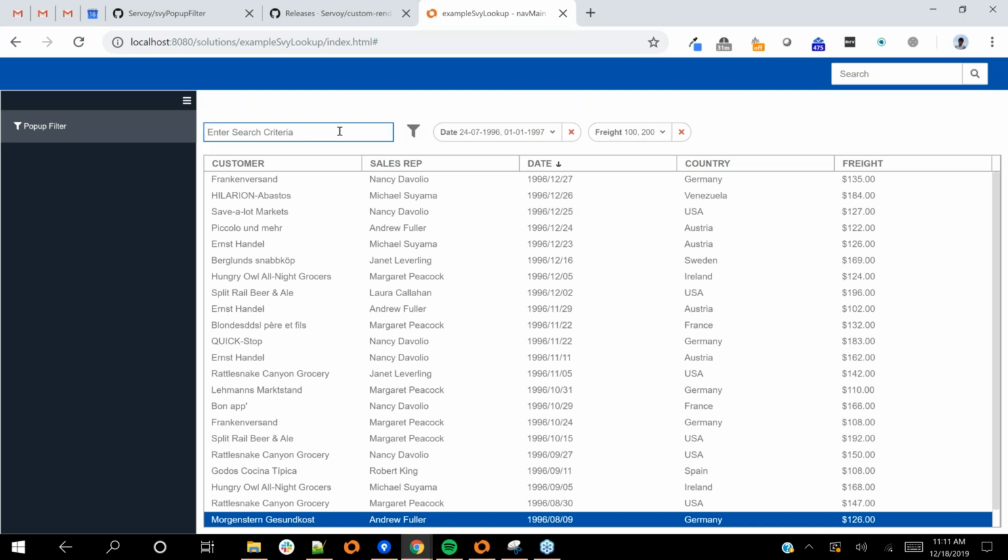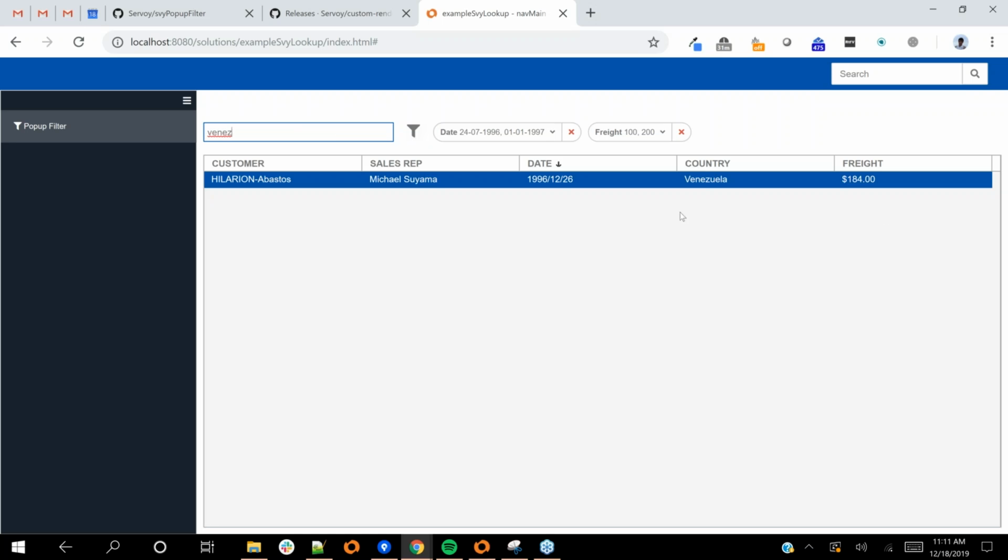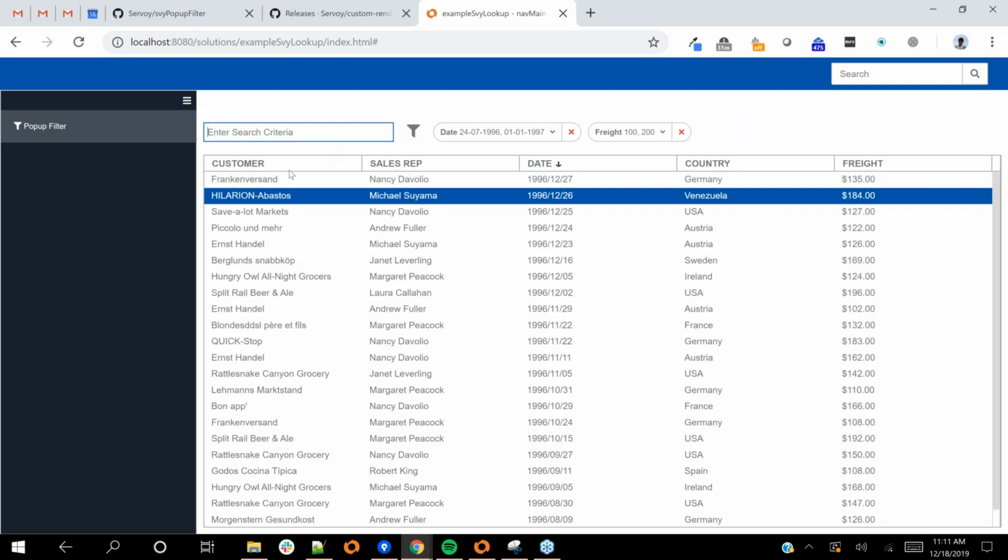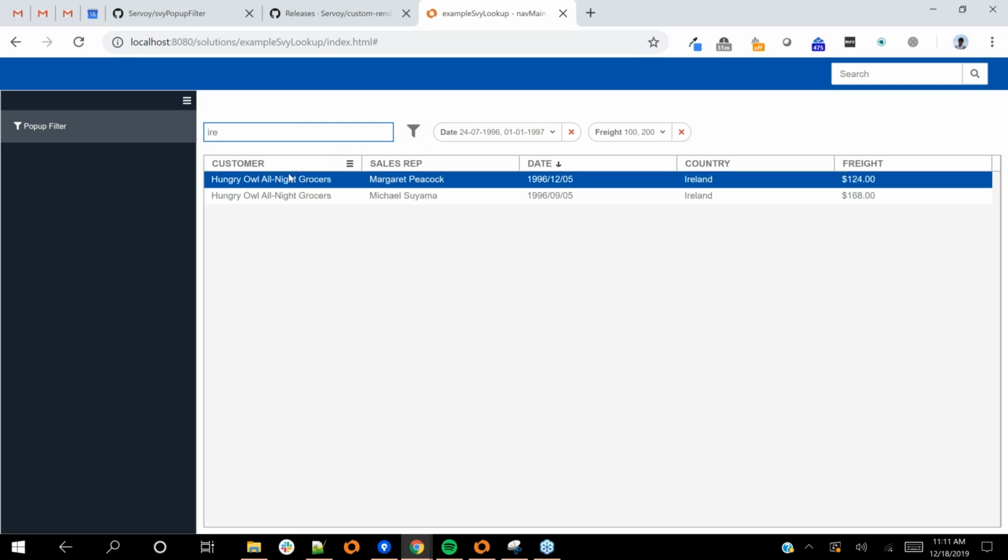So suppose I wanted to look for something in, say, Venezuela. I'll type in a string fragment, and you can see I get an exact match there on Venezuela. I could clear it, hit enter, it goes back out. I could go get Ireland. So that uses the text-based searching, which is another